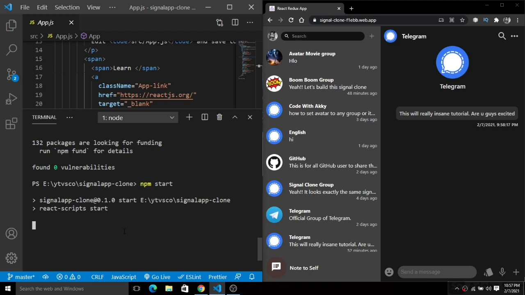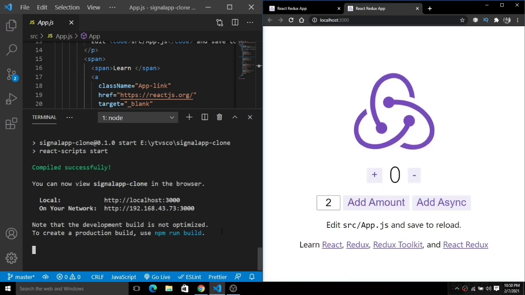So I'm going to simply start the React application first of all to see everything is now good to go. So here you can see we have started the React Redux application inside our browser. You can see we are running this application on localhost 3000, and this is the default landing page when you create a React application using create-react-app with the Redux template.